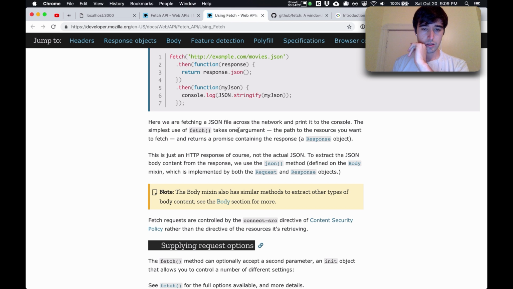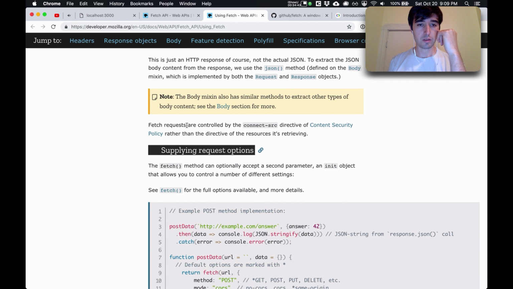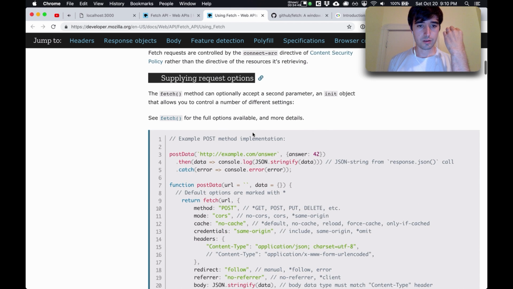The simplest use of fetch takes one argument, the path to the resource you want to fetch, and returns a promise containing the response, a response object. This is just an HTTP response, of course, not the actual JSON. To extract the JSON body contents from the response, we'll use the .json method defined on the body mixin, which is implemented by both the request and response objects. Fetch requests are controlled by the connect source directive. Okay, so supplying